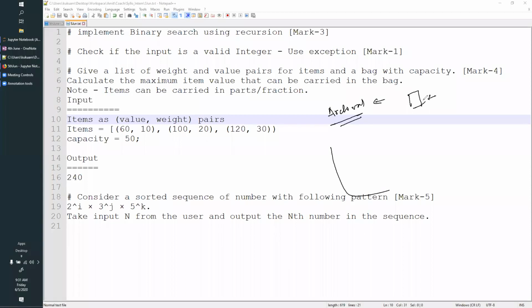generate some random files to test this problem. Write a piece of code which will generate some random files for you: some jpg file, png file, txt file, and some other, like zip file. It will create some files for you and hold all these files in one of your folders.